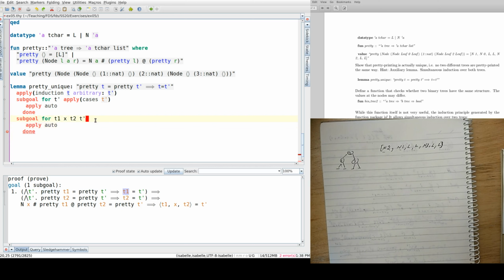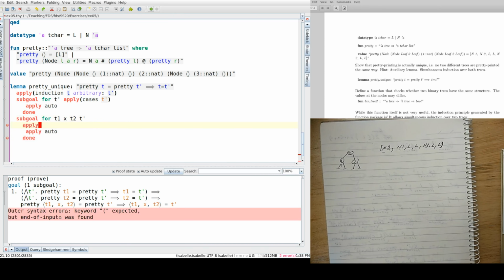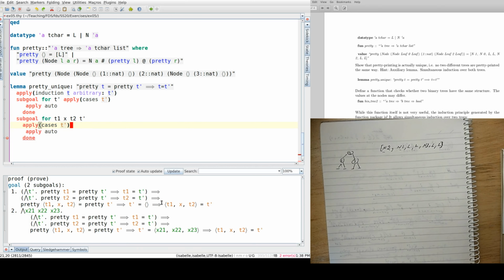Well, let's just do the case split, and then I'll show you on that. Cases on t prime. Okay, so now we have t prime is empty, and the first subgoal will be gone because you cannot have empty equals a tree with data yet. And the second subgoal will be that, and we have here